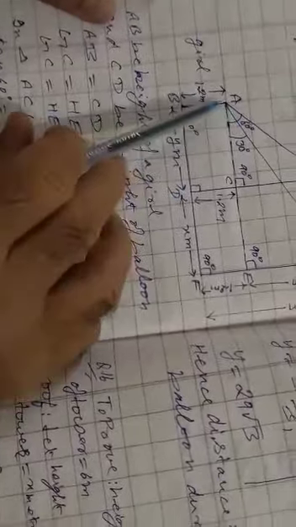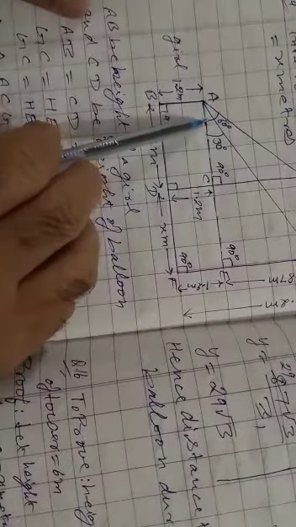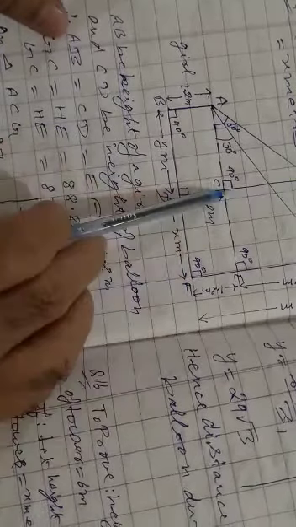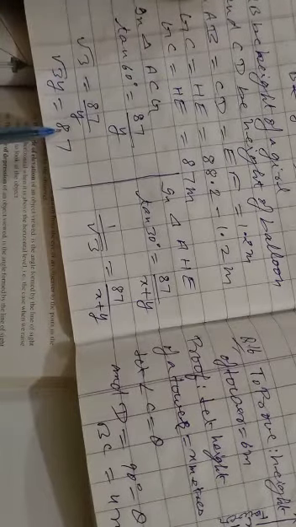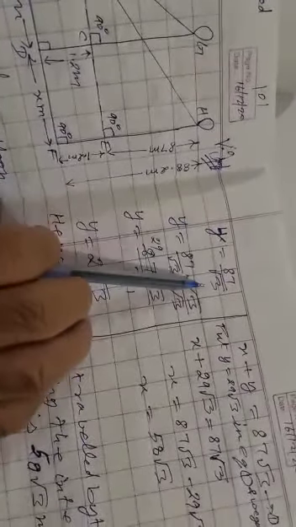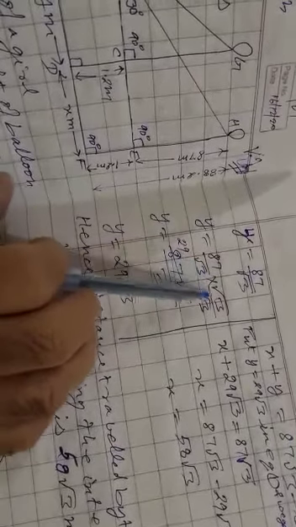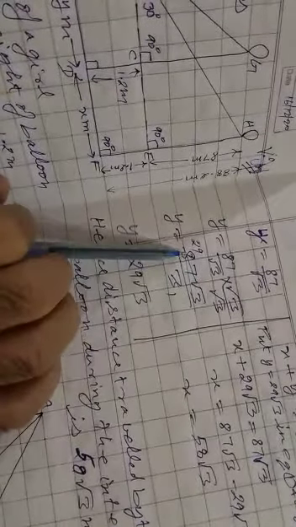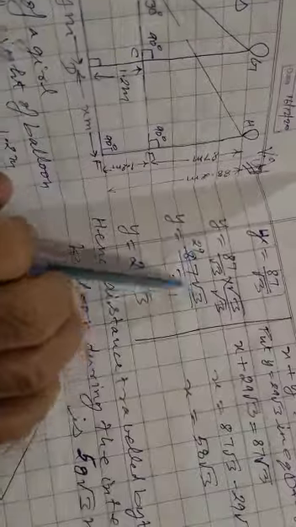Now in triangle ACG, angle A is 60 degree, angle of elevation 60 degree. So tan 60 degree equal to perpendicular upon base. Perpendicular 87 upon y. Tan 60 degree equal to 87 upon y. Tan 60 root 3 equal to 87 upon y. Root 3 y equal to 87. And y equal to 87 upon root 3, multiply by root 3 upon root 3. 3 times 29 is 87, so y equal to 29 root 3.